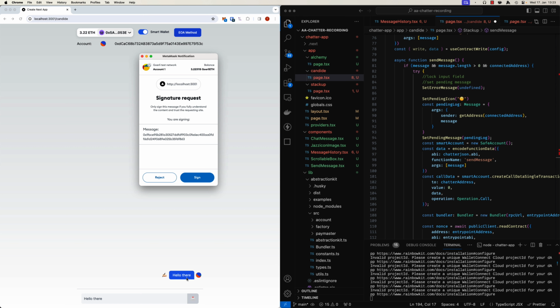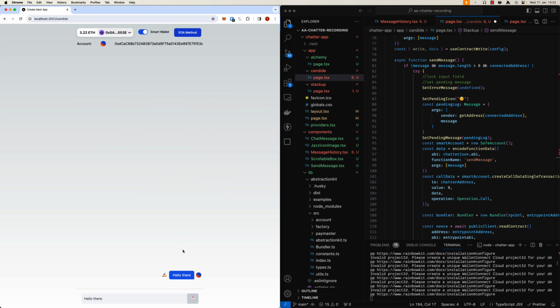First of all, I made the message already appearing inside the messages before it's actually sent. And then when there's a signature or we are waiting for the transaction to be mined, it will keep it there. And then when the actual transaction is mined, it will replace this message with the actual log message that comes from the